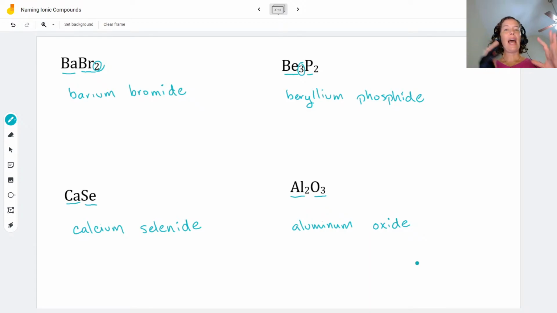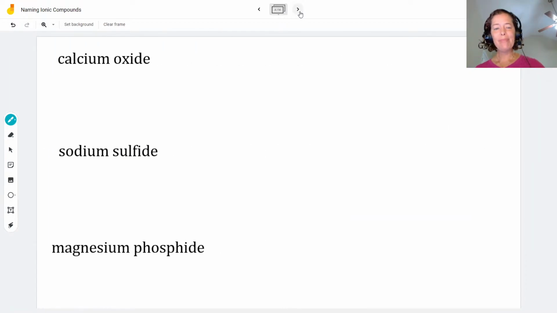So I find that having the molecular formula and getting the name is usually pretty simple. But sometimes we're given the name and we have to work back to the molecular formula, which means we're going to need to do a little bit of math. So let's do that. So here you can see we have some names of compounds, and we need to work backwards and come up with the molecular formula. So the way we're going to do this, let's get some rules up, is